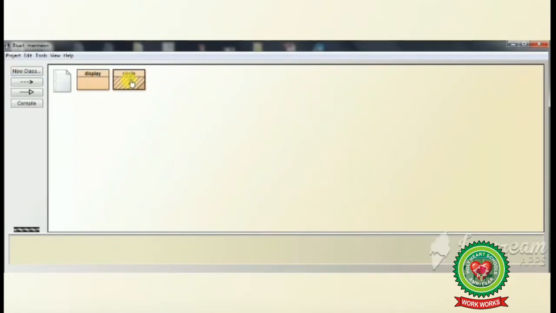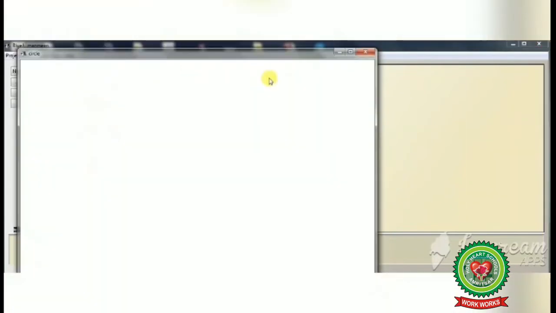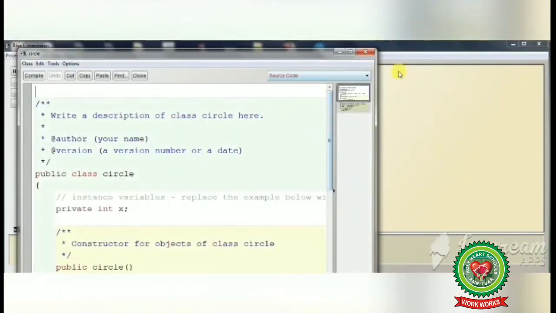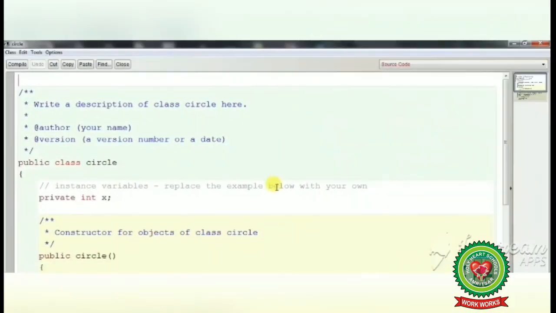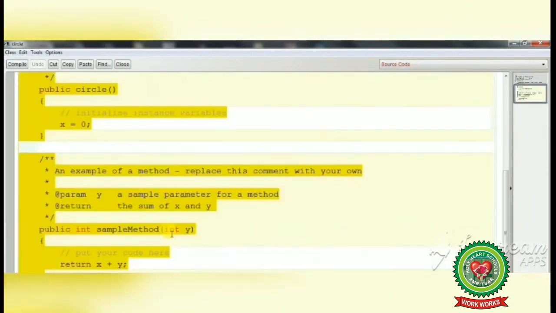So a new class is created on our screen with lines on it. Now we will double click on our class icon. Now we will select the class code with Ctrl+A and press the delete key. Now we will write our program.